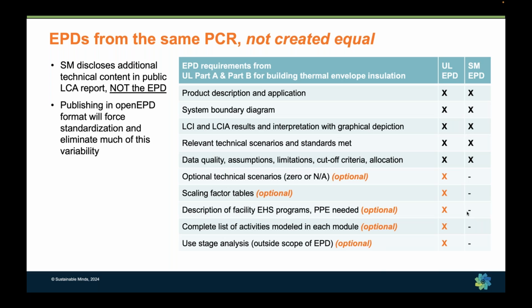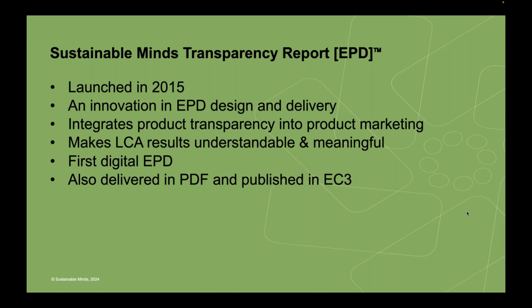because we provide the LCA background report as a downloadable PDF from every transparency report. So it's a publicly available LCA. Some of the content is allowed to be redacted if it's going to disclose any proprietary information. But all of that background information is available in the LCA report if somebody really wants to dig in and understand all of the assumptions, all of the variations, everything that's in the report.